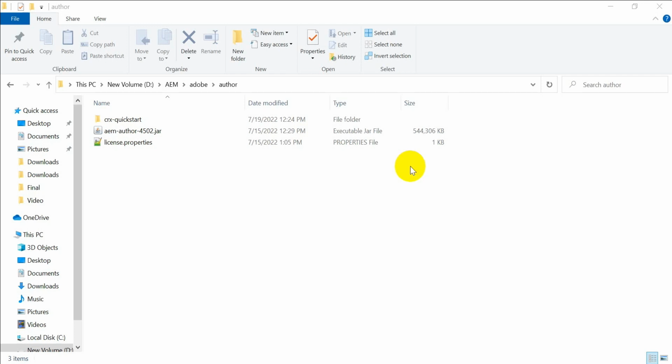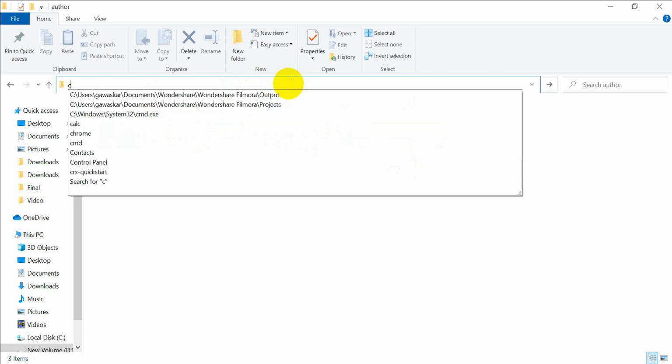Hi guys, in this video I am going to talk about how to open the AEM jar file via command prompt. Go to the respective author folder, type cmd,